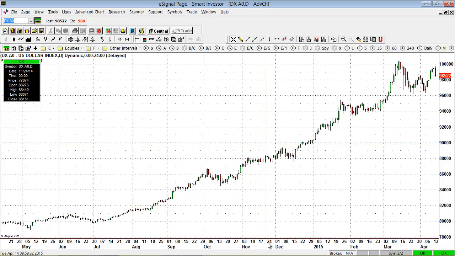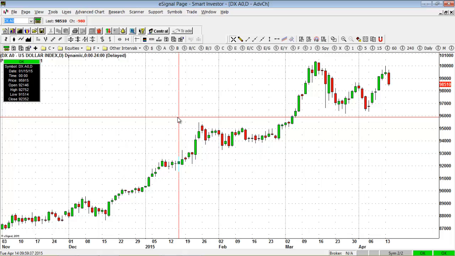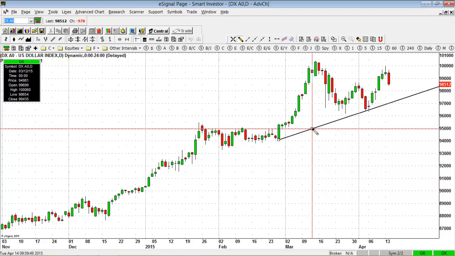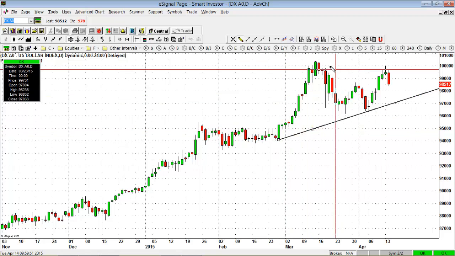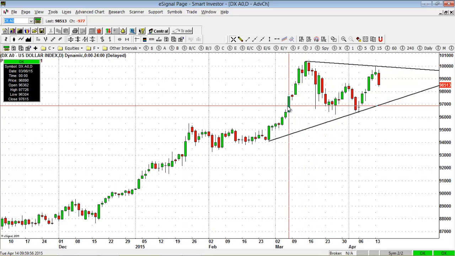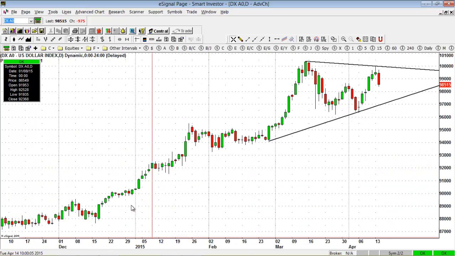Now, what we have in front of us is a daily chart of the US dollar index, and what we are experiencing currently in the markets is what I call consolidation city. Looking at the US dollar index, if I draw a trend line and another trend line, you see that we are in a triangle lower consolidation pattern on the US dollar index, and this is reflected across the various currency